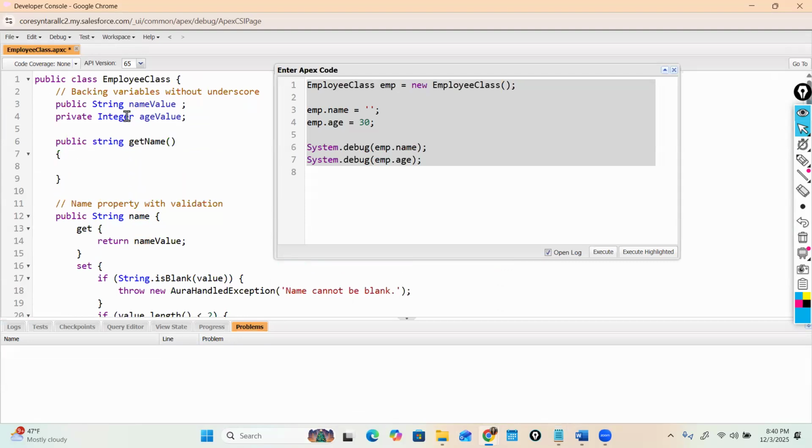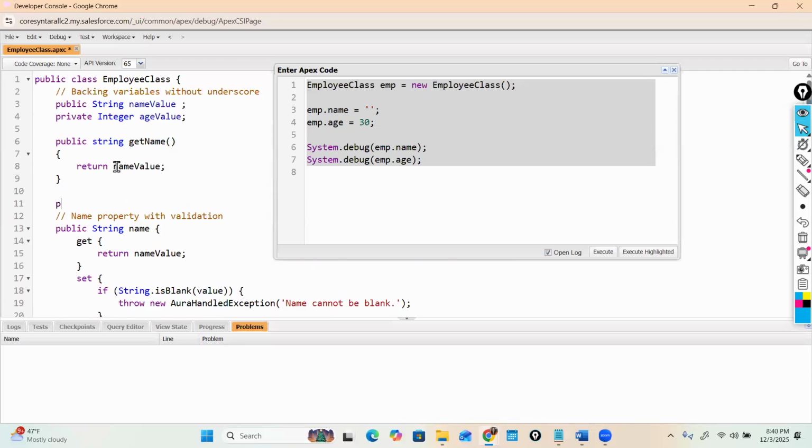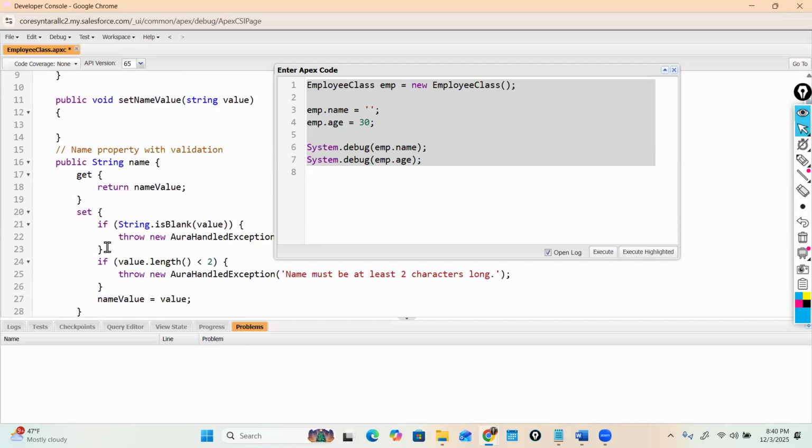And this method would return name value. And here I can say public void set name value. And this takes in a parameter. And then here you can say if